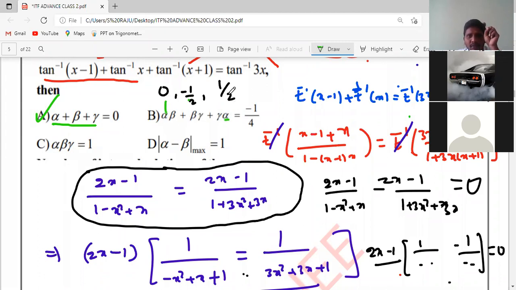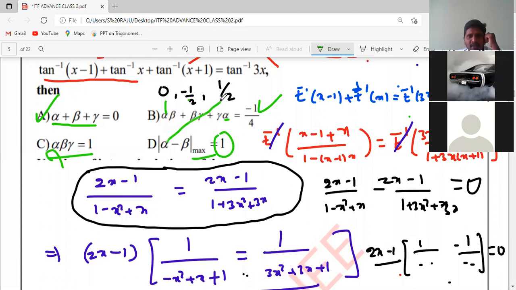So beta minus 1 by 2, plus 1 by 2. Right. Then third option, is it equal to 1? One of the roots is 0? No. What is the fourth option? You can choose any two roots. Any two roots, the difference between those roots, the maximum value is plus 1.